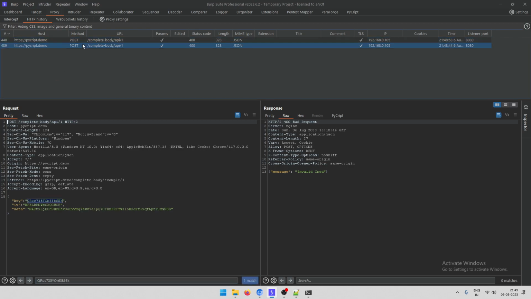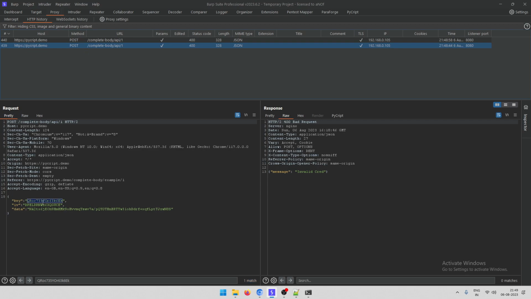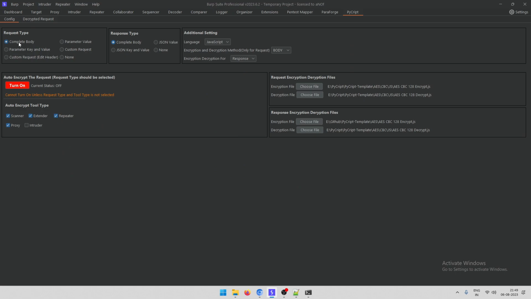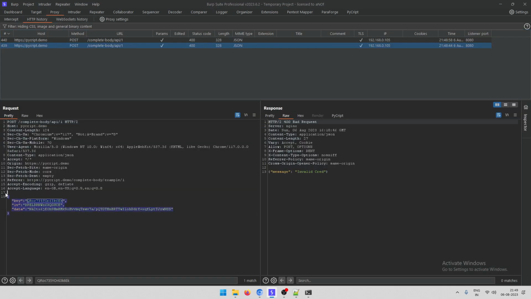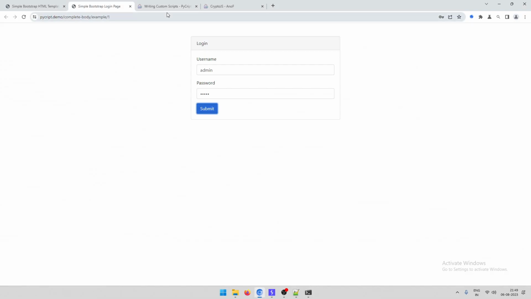You can see that each request has a different key and IV. Since the key and IV are different, the data is also different. So in this case, we have to use the complete body, and in a custom script, we have to get this body and parse the JSON data. Once the data is parsed, we have to get this key and IV and then update the data with the decrypted data. If you look at the PyCript template which I have provided,